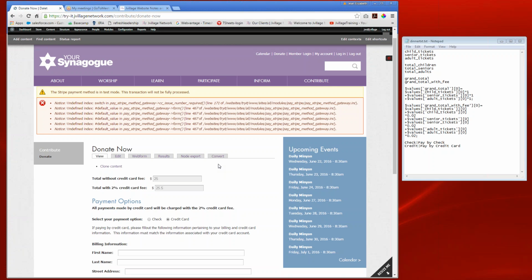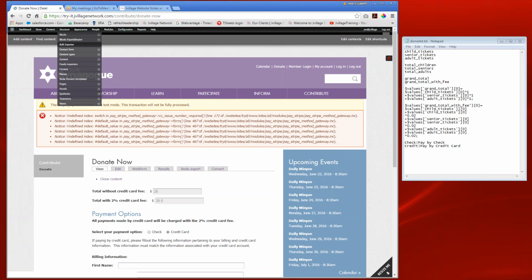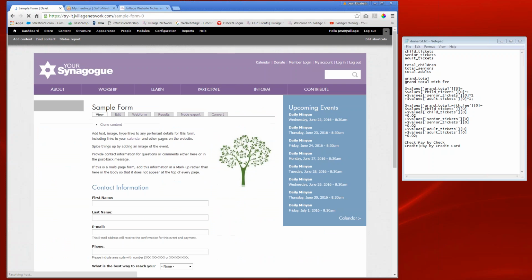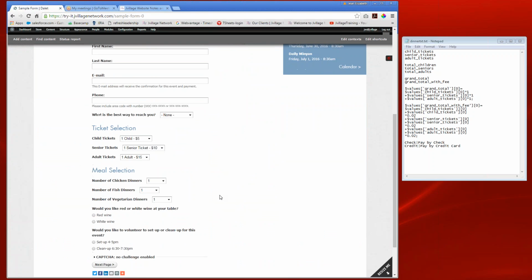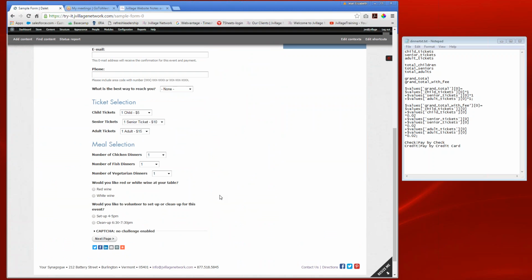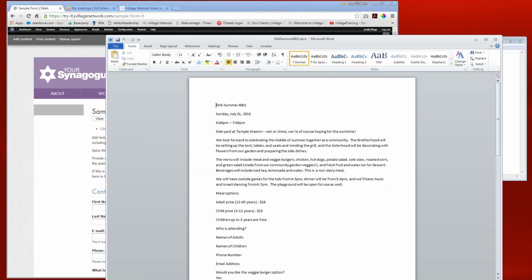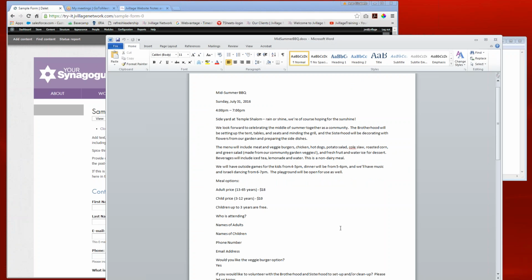Okay, so how to create a payment form such as something like this, or another type of payment form other than a donation would be an event where you're collecting money, such as a Shabbat dinner, something like that. So I'm going to use a summer barbecue as my starting point for this payment form. Before I even start to create a form on my website, I want to have a general outline of what information I'm going to have on that form and what fields I'm going to want to collect information for that event